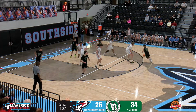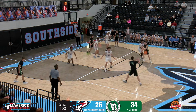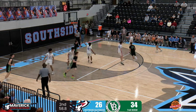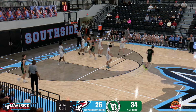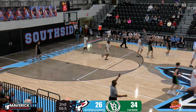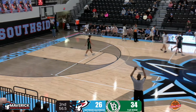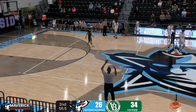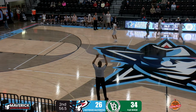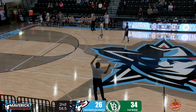Get the ball up to Russell up top. Back over to Cazell. Feed corner, look to penetrate in with Cone. Going to get a step here on Russell. It's one of the few mistakes he's made so far. I think I've actually seen him do that a couple times tonight. Just been kind of waiting for him to call it. P.D. Franz will check back in the ball game. P.D. had 2 early fouls, had to sit the bulk of the